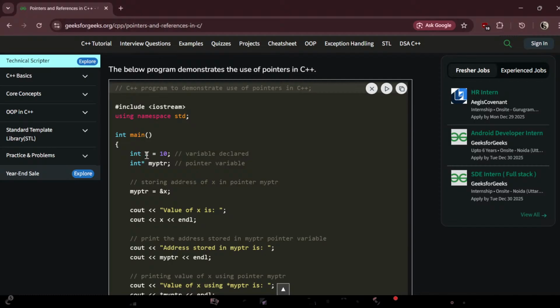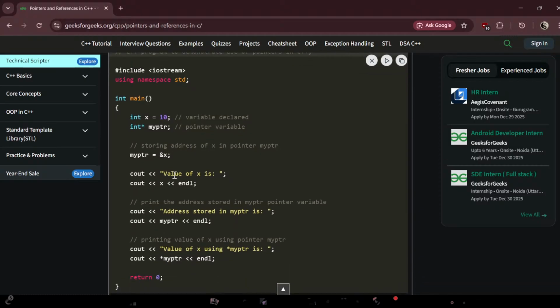We assign the value 10 to the x variable, and we make a pointer variable for the int, myptr. myptr is the pointer, and we assign the address of x to this pointer myptr, storing the address of x in the pointer, and cout the value of x, and when we print x, this will provide this value,